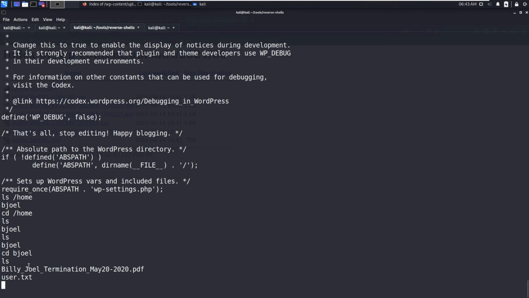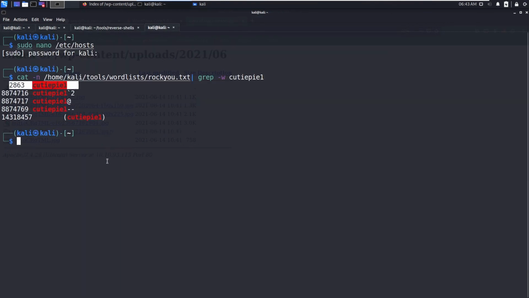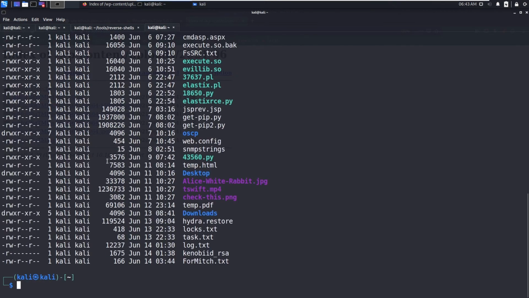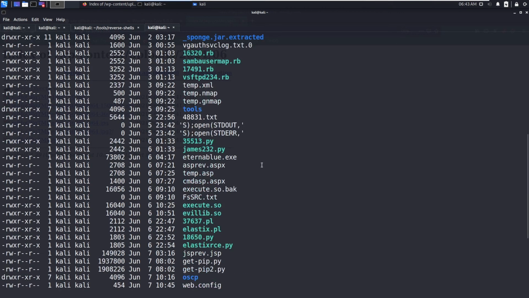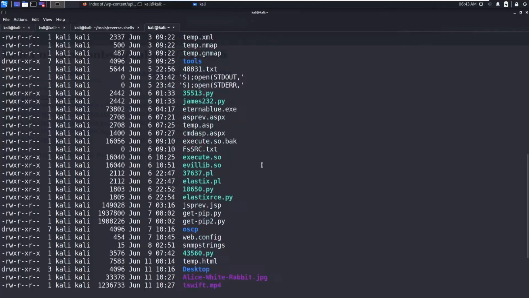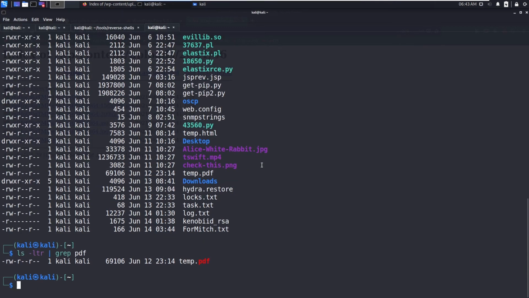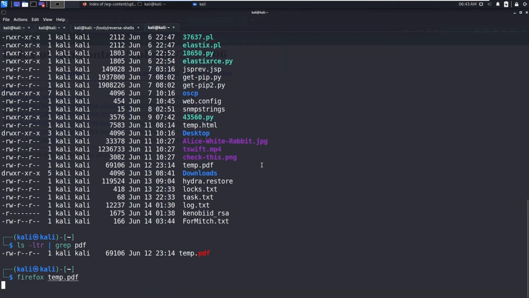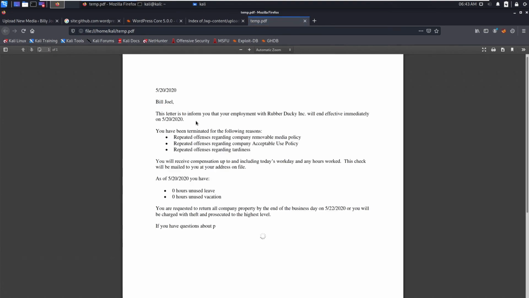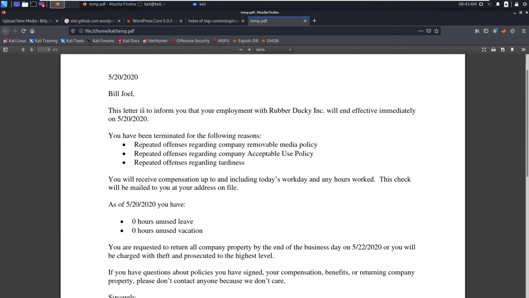So here this is the rabbit hole. I will show you. Where is this PDF? Okay, it's temp.pdf. This letter is to inform you that Rubber Ducky Inc. will end effective immediately on this date.